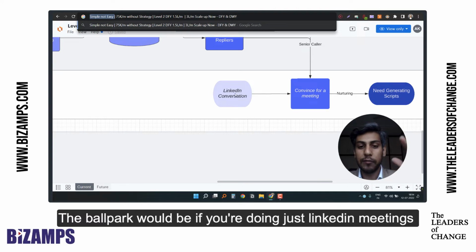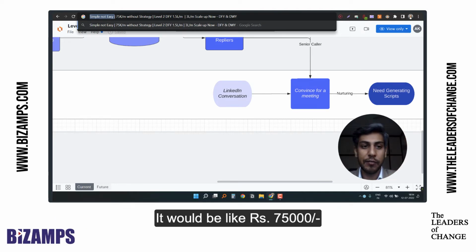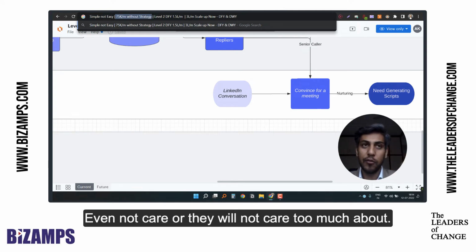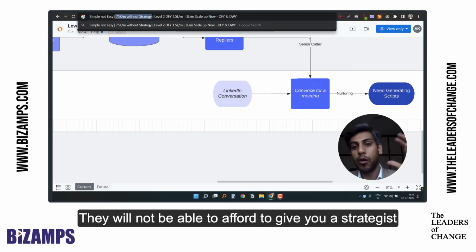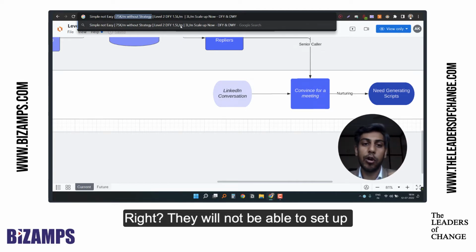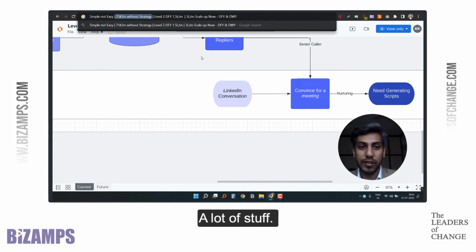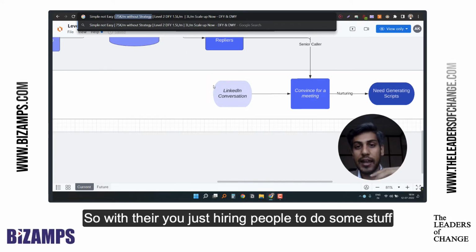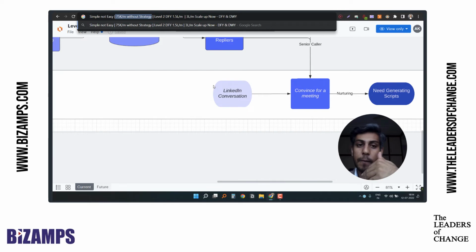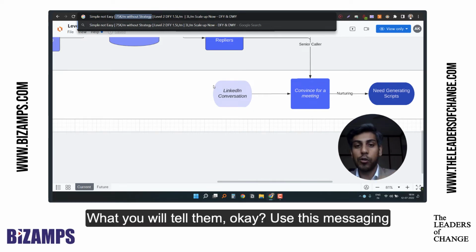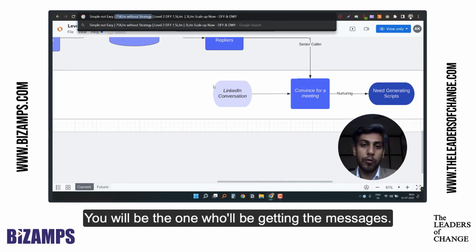So ballpark would be, if you're doing just LinkedIn meetings, it would be like 75,000 rupees, but don't ask for a strategist. Basically, they will not be able to afford to give you a strategist, right? They will not be able to set up a lot of stuff. So over there, you're just hiring people to do some stuff. What you will tell them, okay, use this messaging,